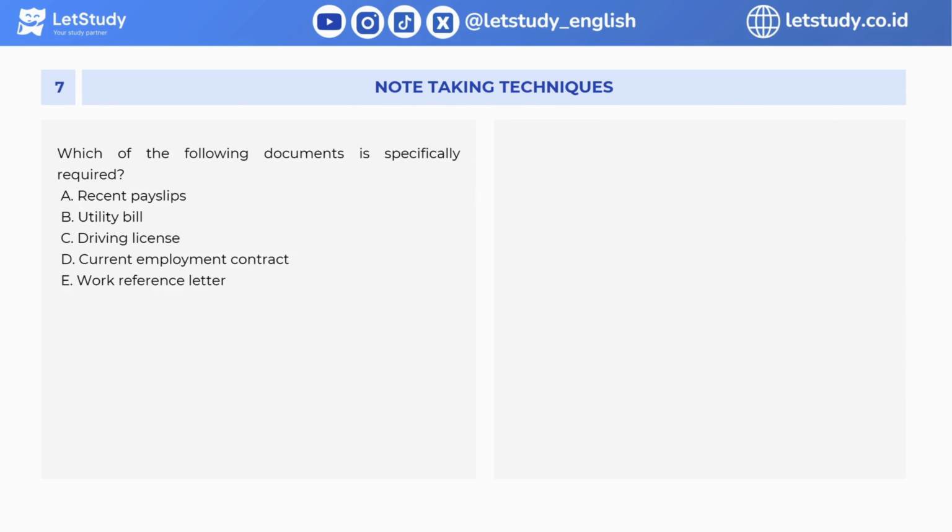Question number 7. Which of the following documents is specifically required? A. Recent payslip. B. Utility bills. C. Driving license. D. Current employment contract. E. Work reference letter. The answer is